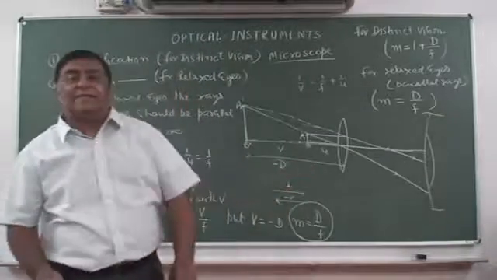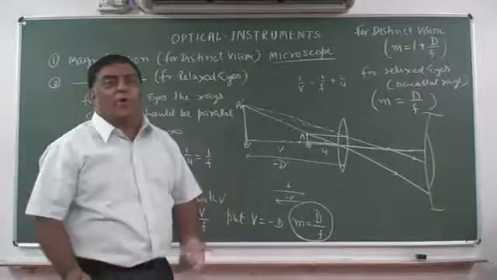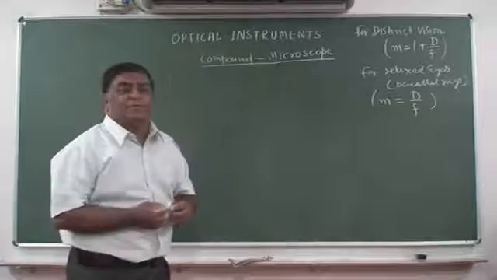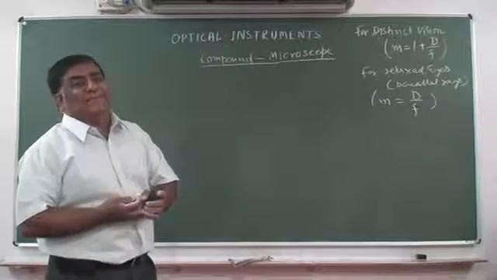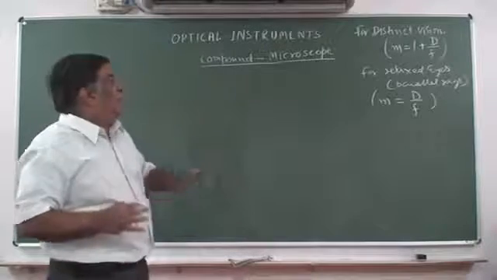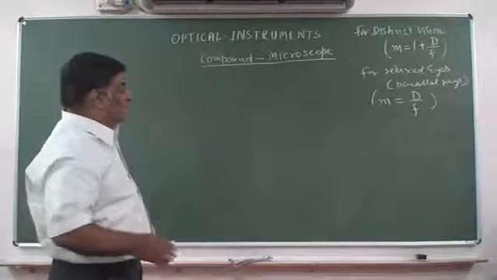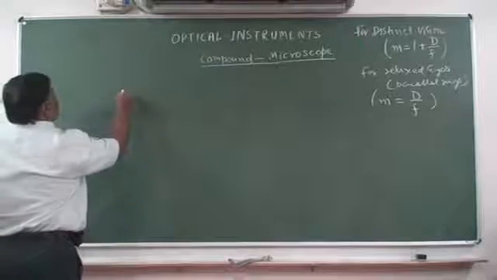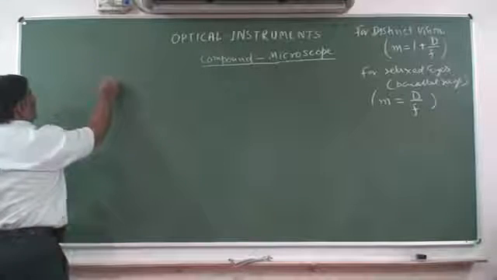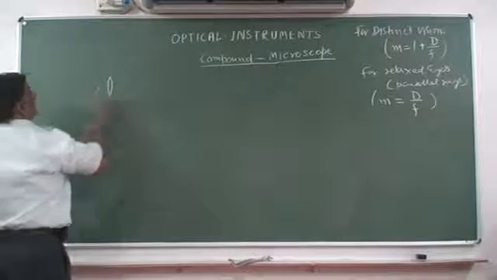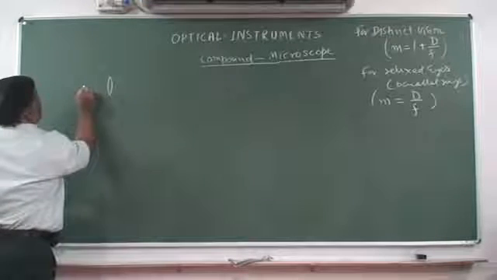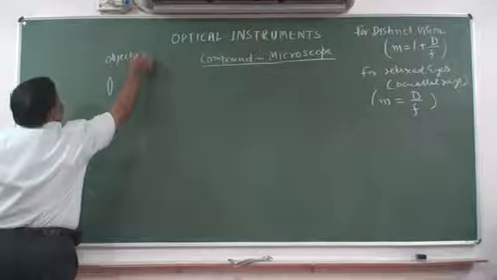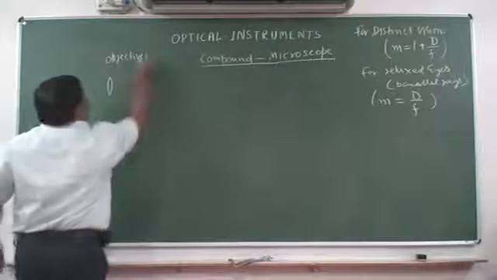The next topic we will take is the compound microscope, which is more important and which gives us very large magnifications. A compound microscope is made by a combination of lenses. So, very simple. The preliminary compound microscope principle we can study by a combination of 2 lenses only. The one lens we keep near the object. Object is somewhere here, and this lens we call the objective lens because it is near the object.